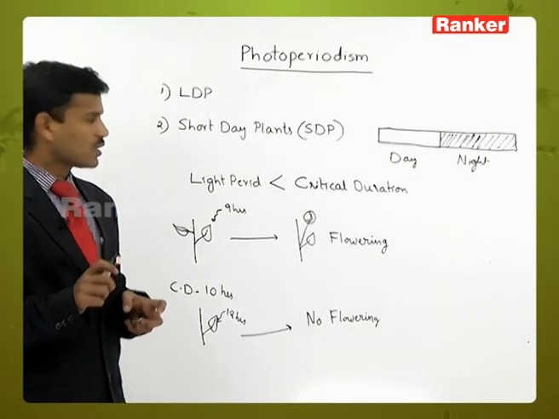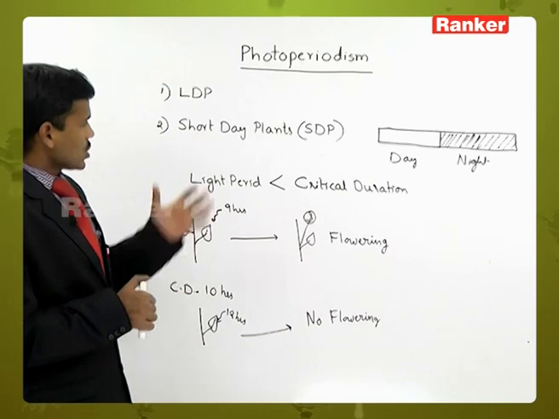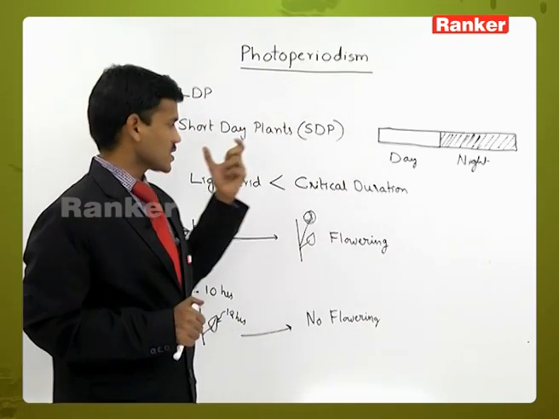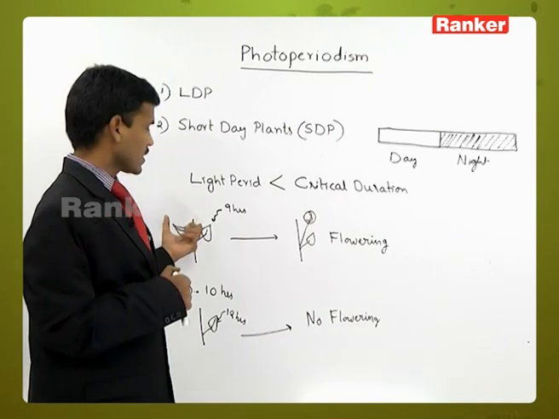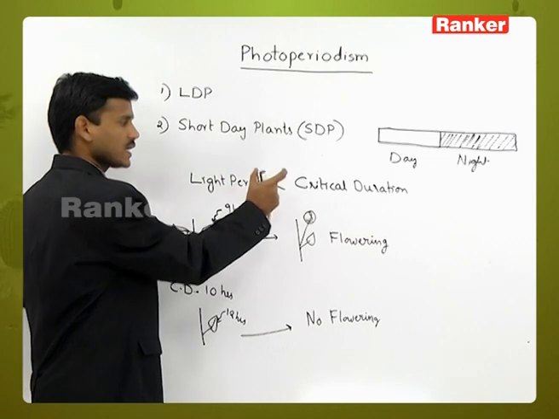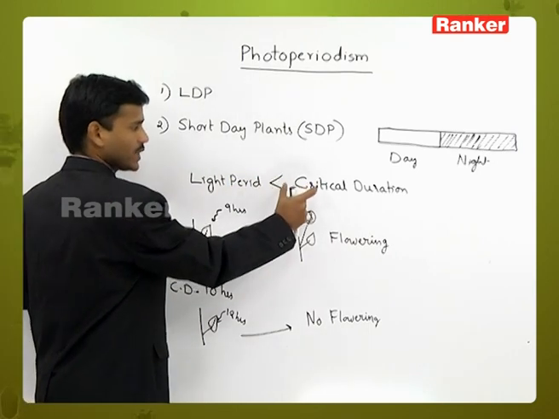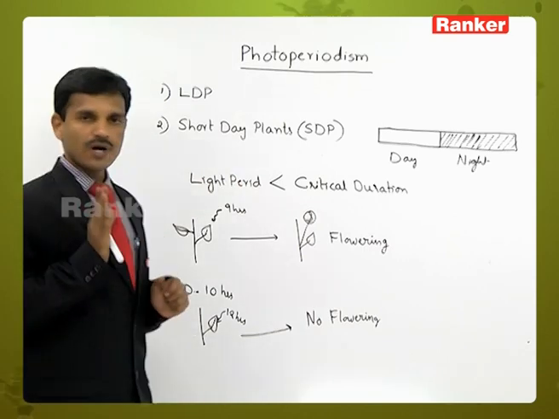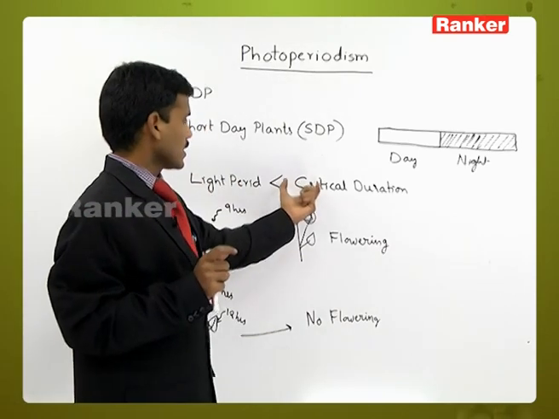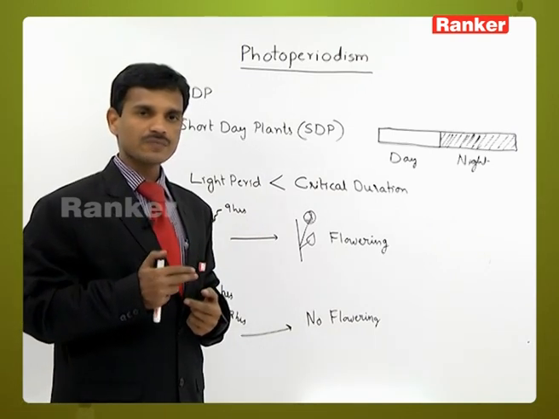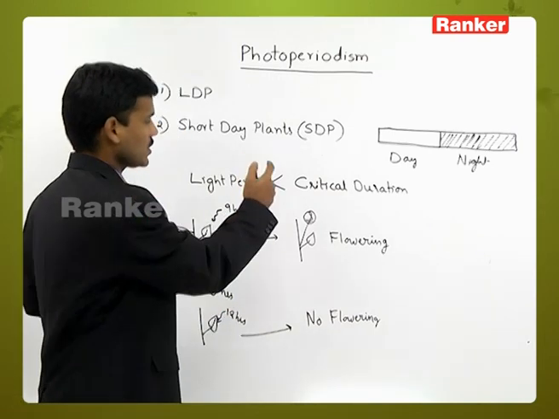Completely opposite to the long day plant, the short day plants also require some light period or day period. When the plant is exposed to light, the flowering occurs or is initiated, but the light period should be less than the critical duration. It should not exceed the critical duration. When the plant is exposed to light for more than the critical duration,